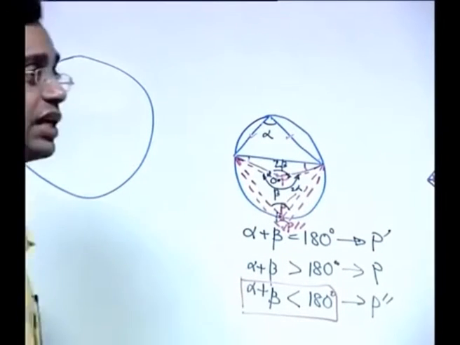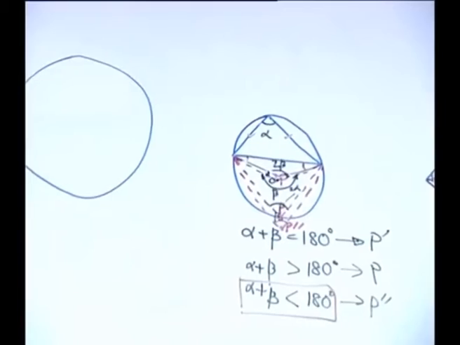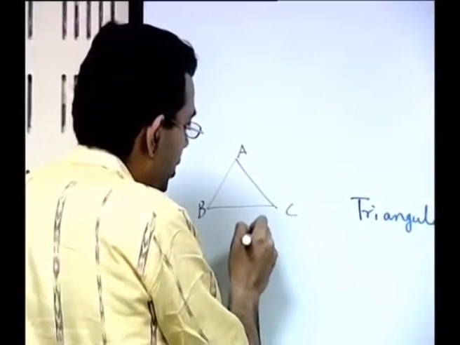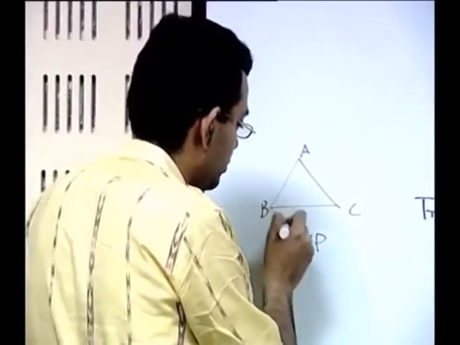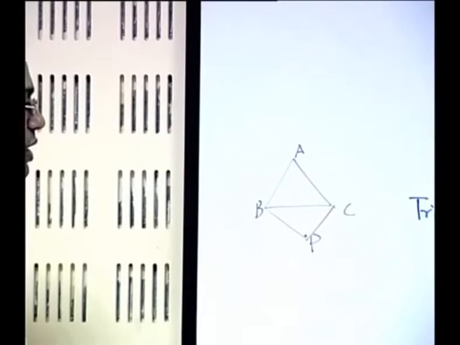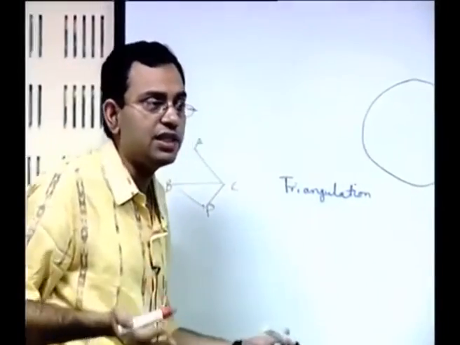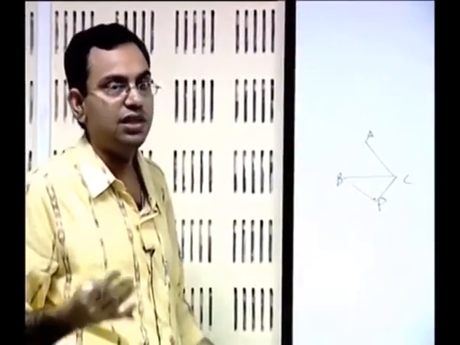Now, if the check is not successful, then what? So, let us say that you had a triangle ABC. Now, somewhere the point P has come, you have formed a new triangle and then you have made a check whether the triangle BPC is a good triangle or a bad triangle. Let us say that the result has come that it is a bad triangle, that is, it has failed the circumcircle test. Then what? If it has passed, then it is fine. Always we have to keep in mind what would happen if it has failed. If it has passed, it is fine, it should not be a problem.